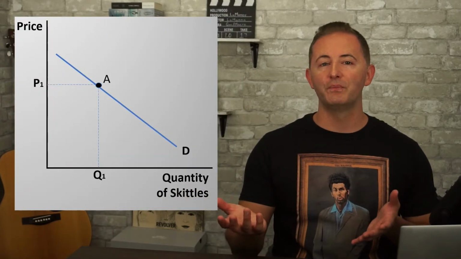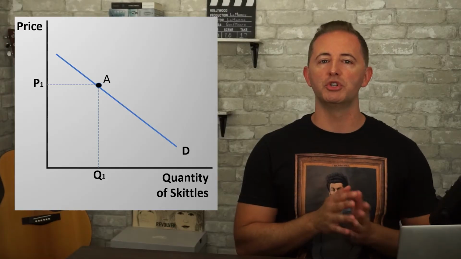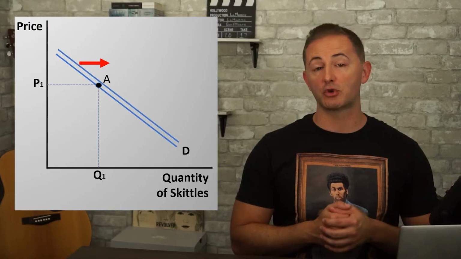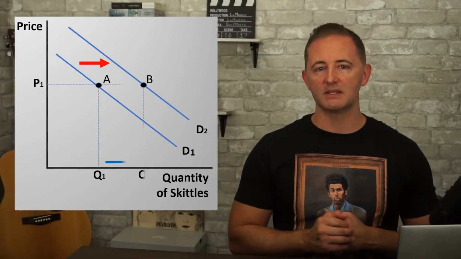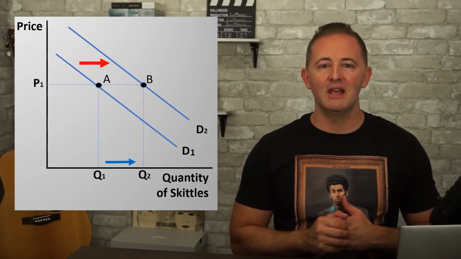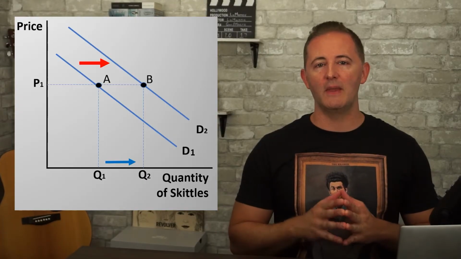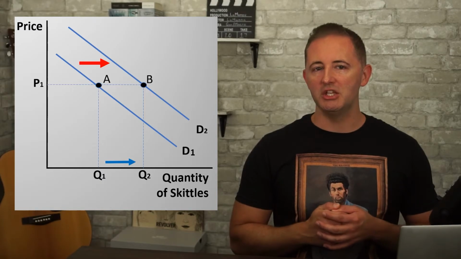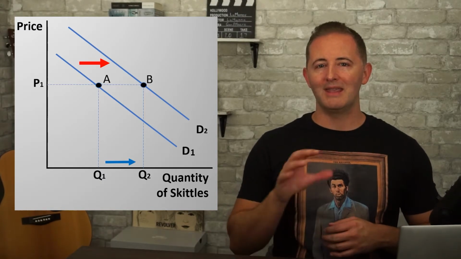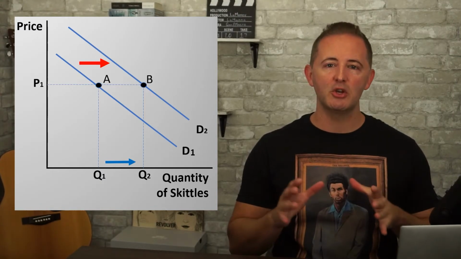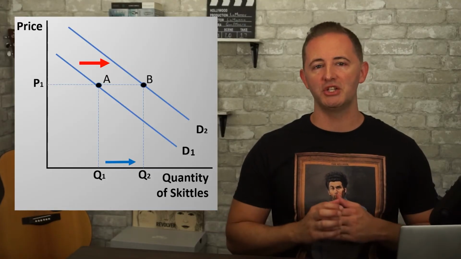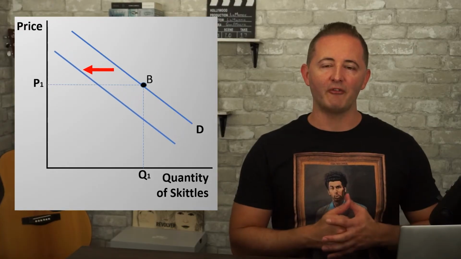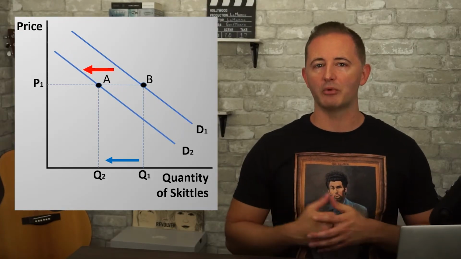Let's turn to our graph. When there's a change in demand, it will shift our entire demand curve. When demand increases, the curve shifts right. Notice what this tells us. When demand increases, this shows that at any given price, there's a greater quantity demanded. Look at A and B. The price didn't change, but we're demanding more. Again, this illustrates that this shift must have been caused by something other than a change in the price. And when our demand decreases, the curve shifts left, showing we demand less at any given price.